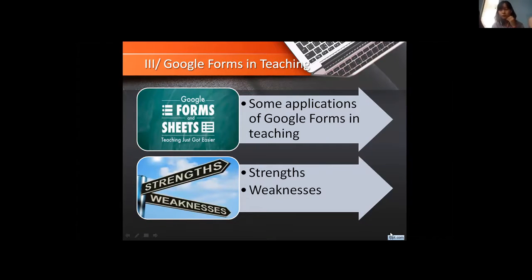The first one is before a course. Teachers can use opinion surveys or quick polls to collect personal information and learning preferences of the learners. Teachers can also gain information about learning difficulties and expectations of learners. So as you can see on the slide,